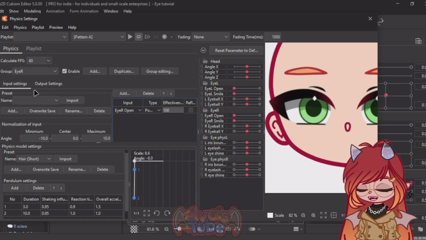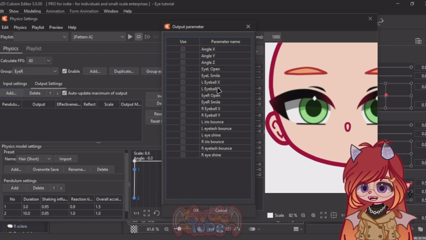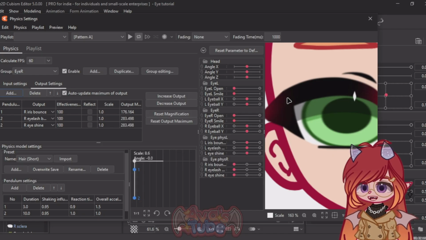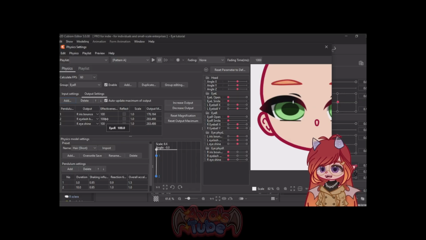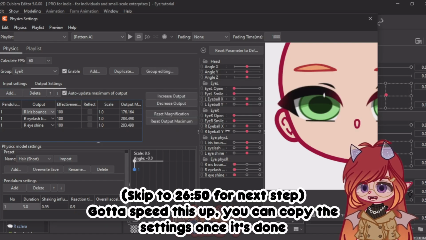Okay. And go to the output settings. Click add and select all of the IR physics scene called IR. It looks destroyed at first. You might ask me, hey, what the hell is this? No way, it'll be fixed. It'll be fixed, I swear. So to fix this,